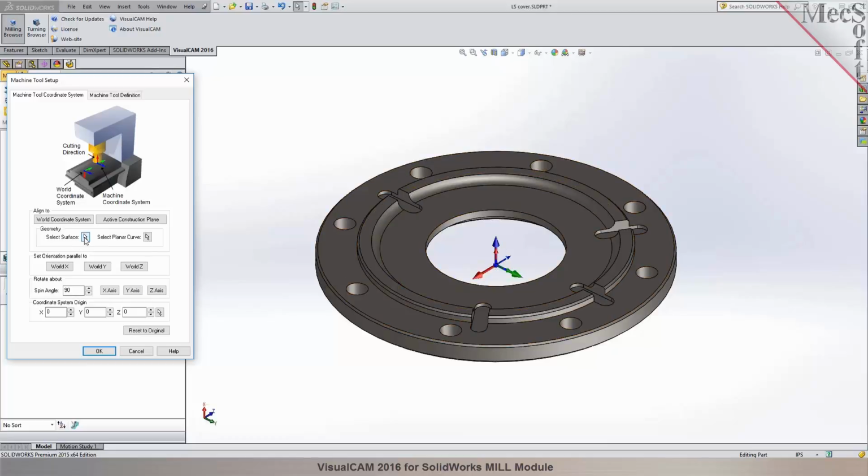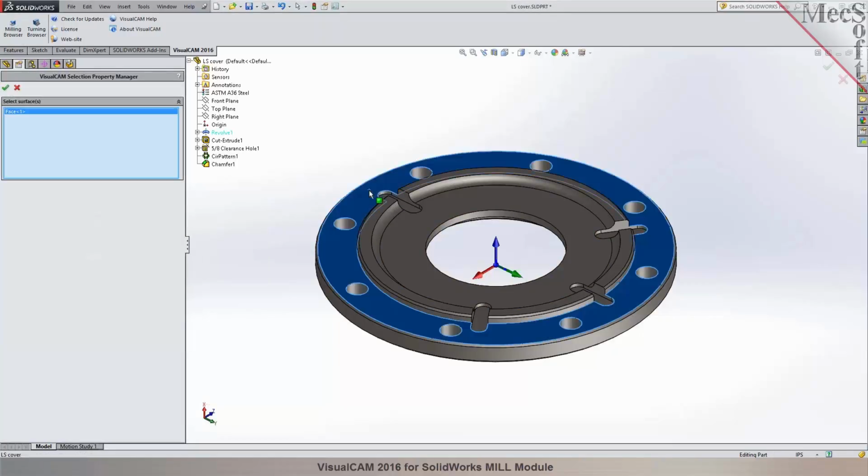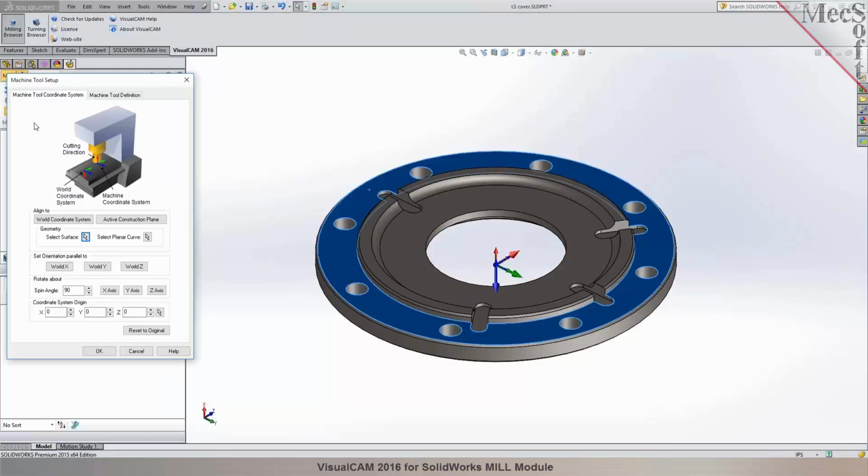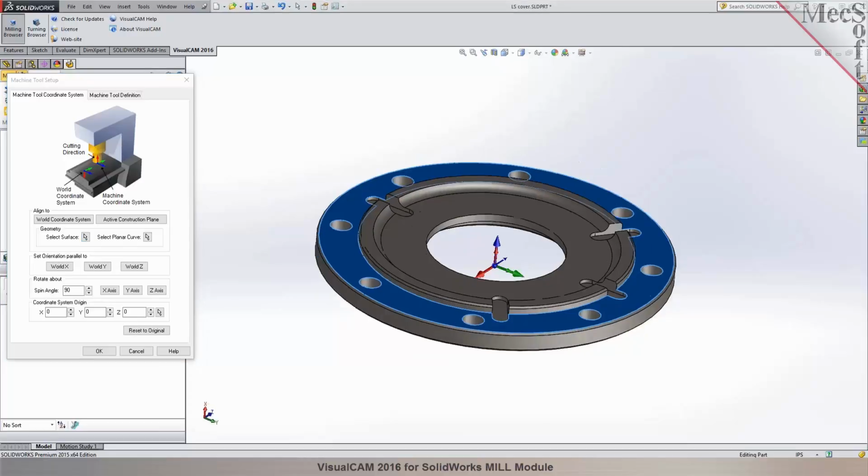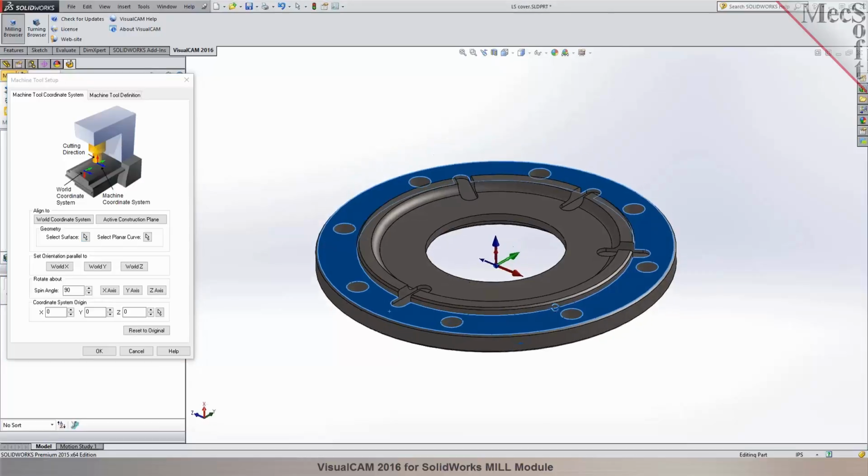Now alternatively, you can also use select surface and just pick a face or a surface on the part, and it'll use the normal orientation of the surface. And if you need to rotate it to flip the normal direction, you can either flip the normal for the face in SolidWorks, or you can just rotate it in here to set the Z-axis. You could even use an active plane or even a planar sketch to set the Z-axis orientation. So once you've established your orientation of your Z, X, and Y, as you see it right here, the next